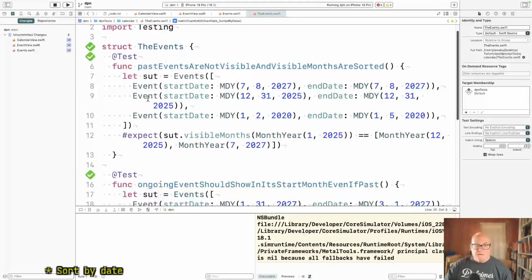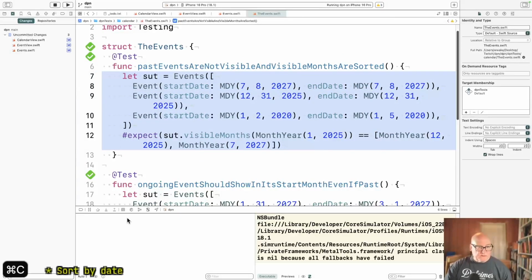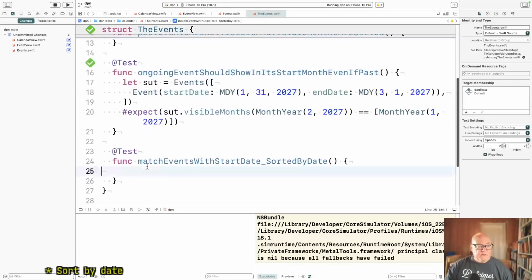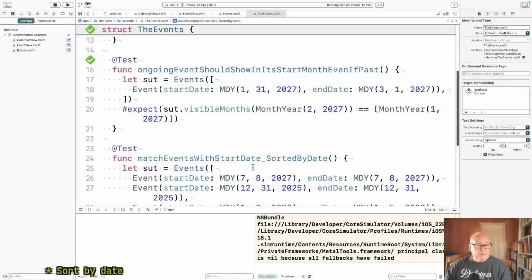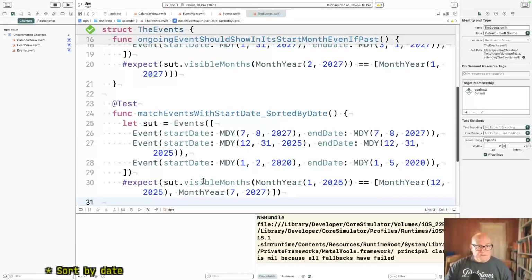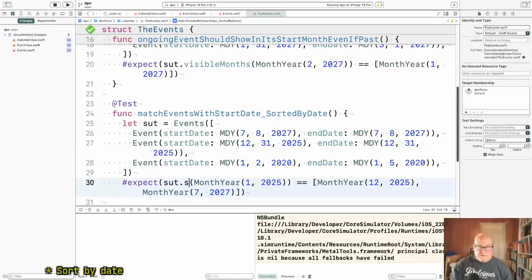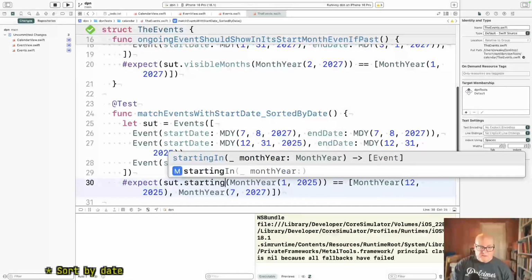All right, we'll grab a couple of events. Once again, this is sort of the basic structure of these. Okay, so we want events starting in,